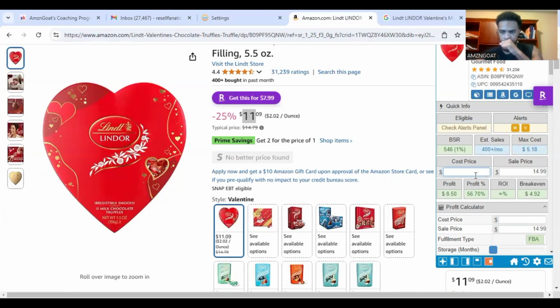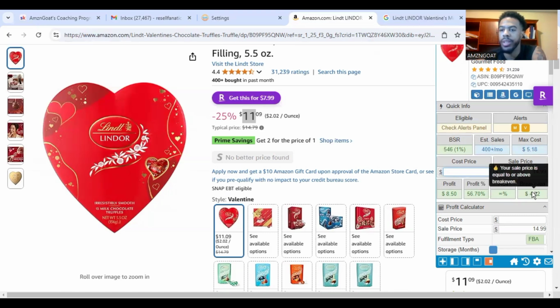So Seller Amp tells us the best sellers rank, also known as the sales rank. It tells us how many estimated sales in a month, the max cost that we want to pay. The cost price, that's how much we're buying the product for, and the sell price is how much we plan on selling it for. And then we see our profit calculations, the profit per unit, the profit margin on the product, the ROI,